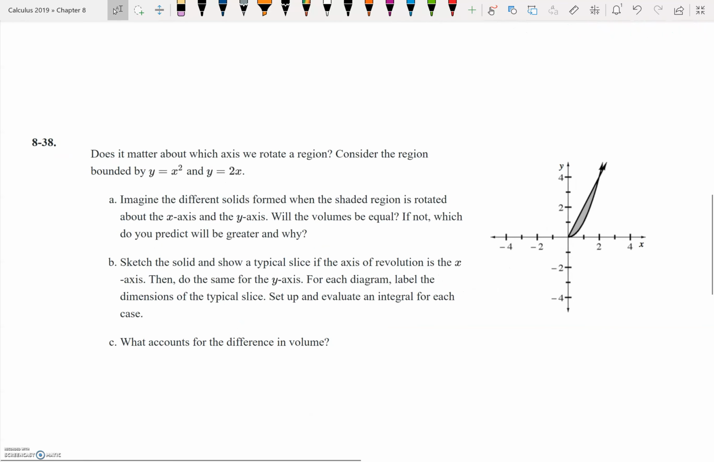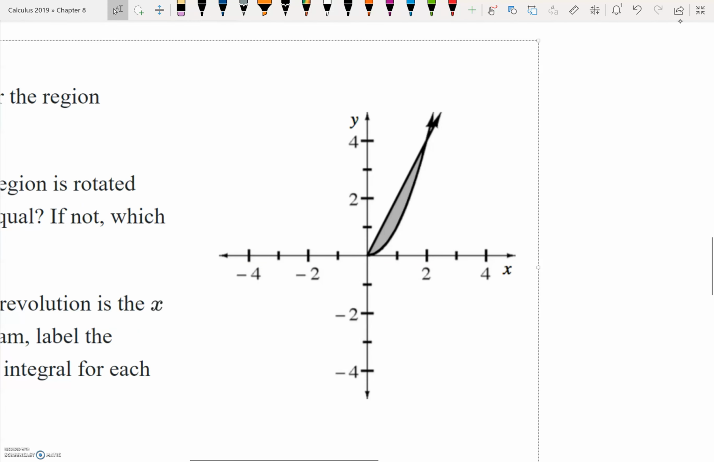So on 8.38, I'm going to go ahead and draw what we need to do here. Does it matter which axis we rotate a region around? Consider the region bounded by y equals x squared and y equals 2x. And we have two different solids that are formed when the shaded region is rotated around the x-axis or the y-axis. So I'm going to go ahead and draw the part that is when this is rotated around our y-axis